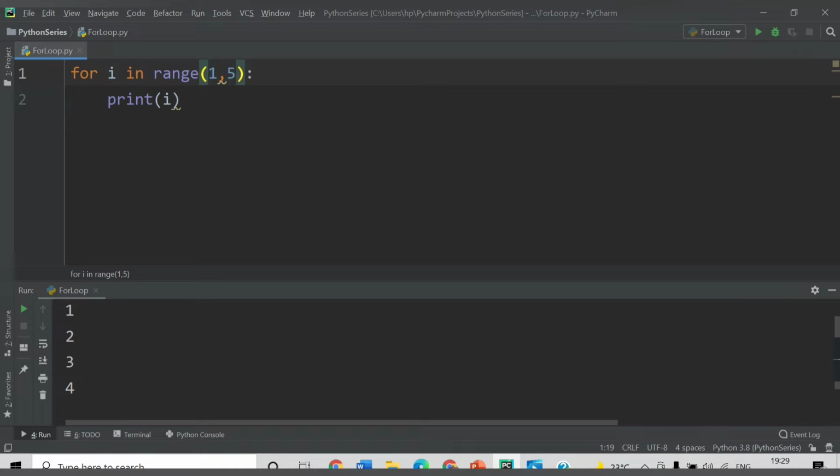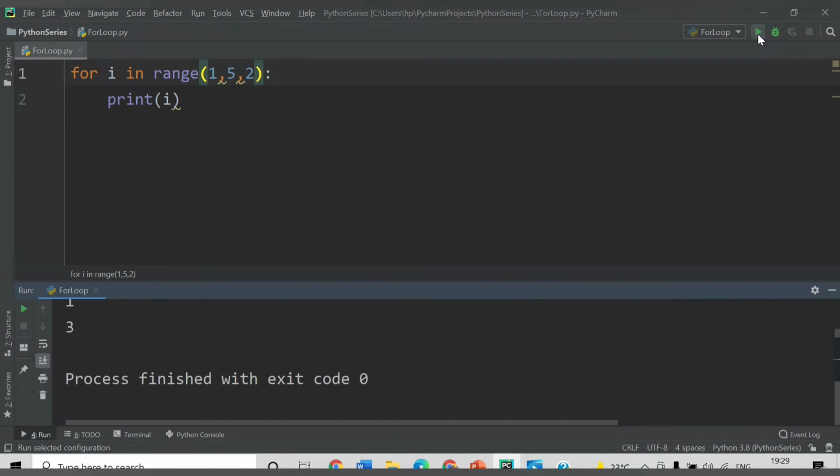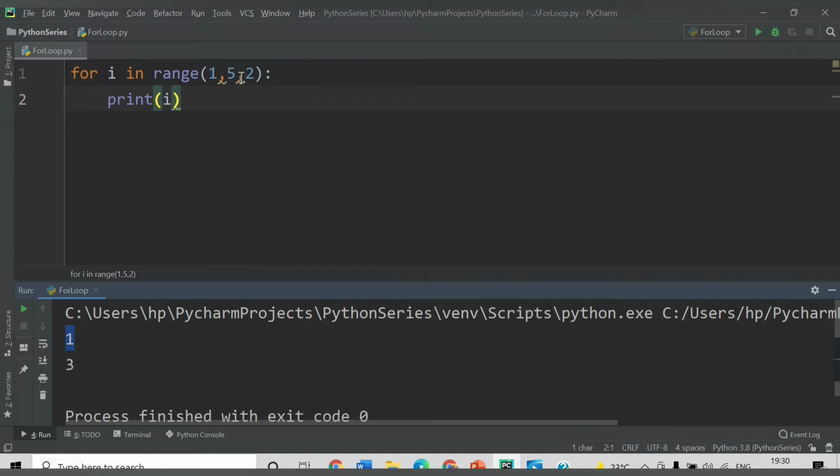And if we provide some step value, let's say 2. What was it doing earlier? It was incrementing the value by only 1, like 1 to 2, 2 to 3. Now it will increment the value by 2. So it will start from 1, then increment by 2, then it will directly print 3. Let's run this. See, it's starting from 1, then it's getting incremented by 2, so we are getting 3. After that it will again increment by 2, but now the value will be 5. We have provided the stop value as 5, so it will not print that 5. So this was the use of the range function to create values here.